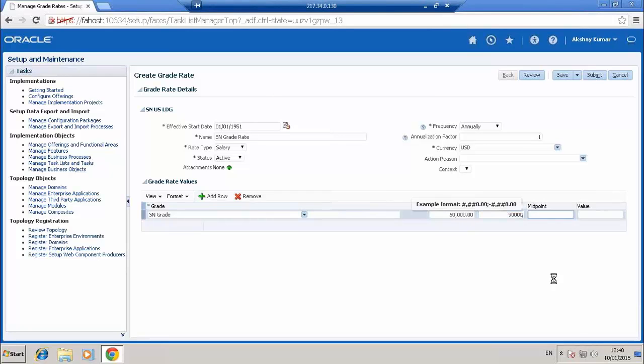So the midpoint will be automatically calculated. If you want to have a single value, you can mention it here. The other three columns will be blank. Now this which you have created is only for US. If you want to create it for UK, again you have to come back and select the LDG as UK and create this range.